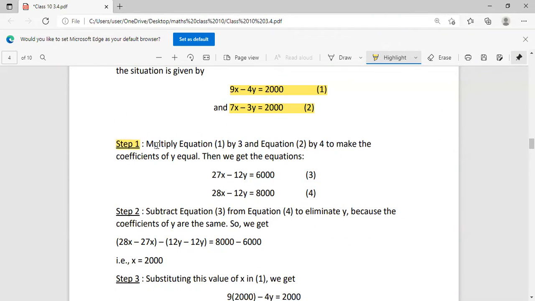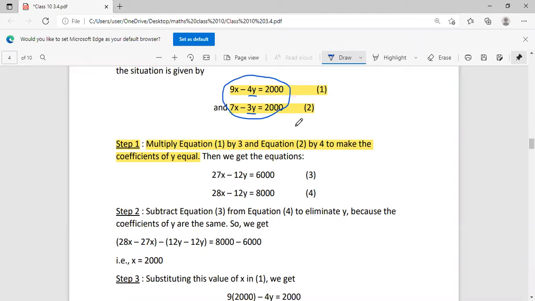This is step one. What we are going to do? Multiply equation 1 by the number 3 and equation 2 by the number 4 to make the coefficients of y equal. We have seen that you have to closely look at both these equations. Our aim is to make the coefficient of y become equal, which means here we are going to